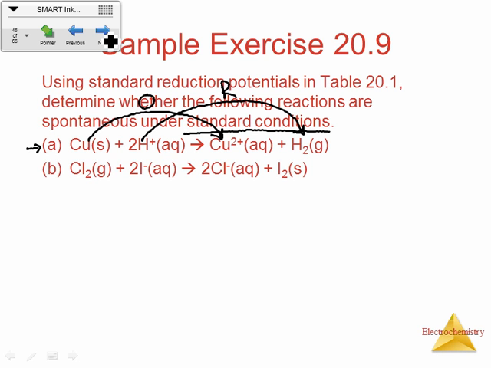So if you look back at your reduction potential chart, it looks like actually copper is above hydrogen on that reduction potential chart. So that shows me right away this is probably not spontaneous as written. Okay? Because that's saying that the hydrogen would get reduced when you put it with the copper, and that's not true. The copper has a higher reduction potential, so it's actually the copper that would get reduced. All right? So you put these two together, the copper and the H+, and actually nothing's going to happen